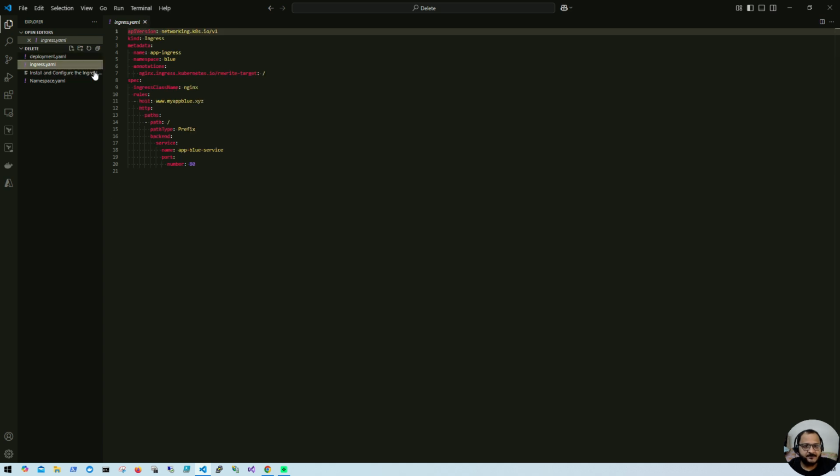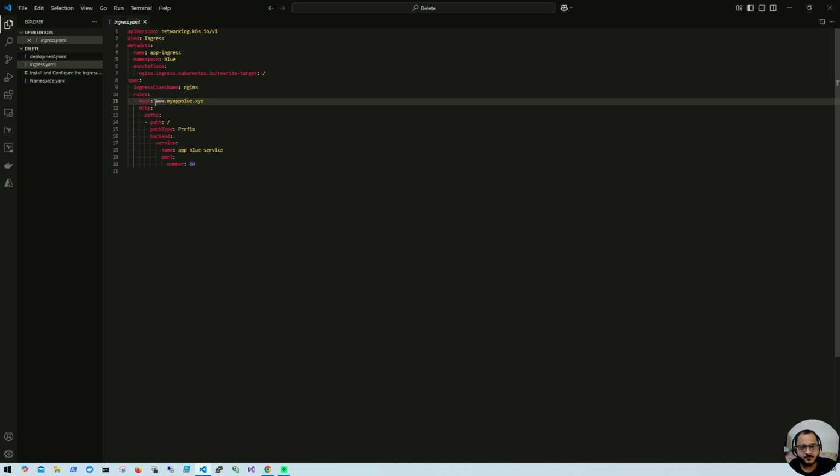And another one here, we have an ingress.yml file. So this is what we are defining here: the API version, which is mandatory, and again what kind of resource you want to create. So Ingress, metadata, and annotation, I'm using this one here. And if you come to the specification part, these are the ingress rules we have defined here. The rule which we have defined says that whatever traffic comes